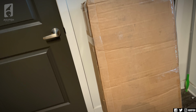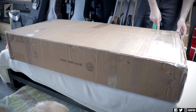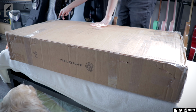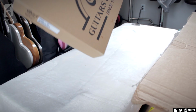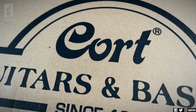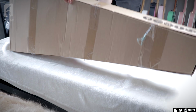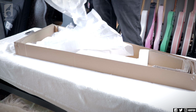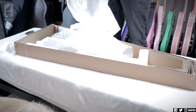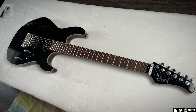Last box. It's a sketchy box. Have no idea what's inside. Let's take a look. Okay, so I guess a Cort just showed up in an excessive amount of packaging. Is that blood? Nice. So this is the Cort